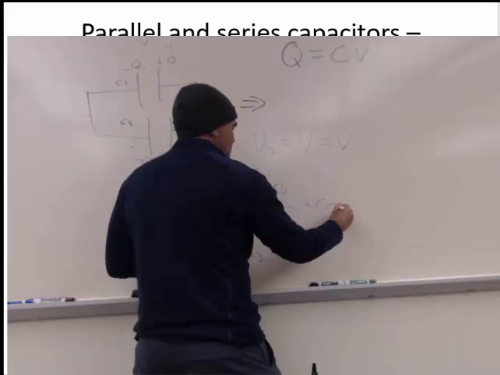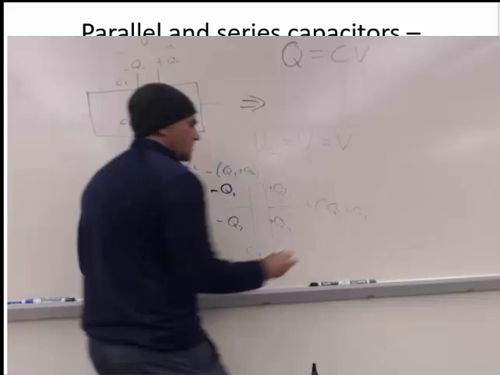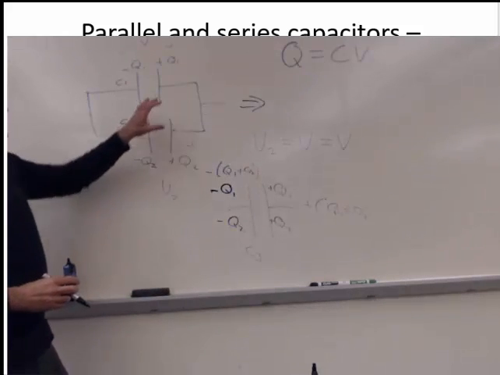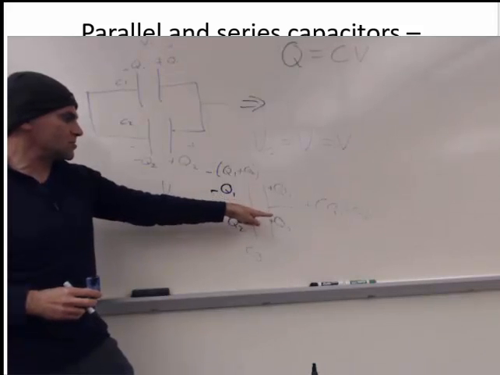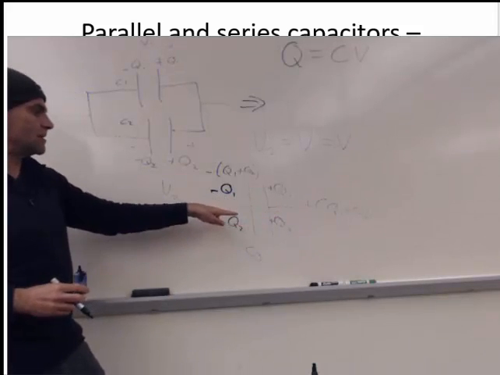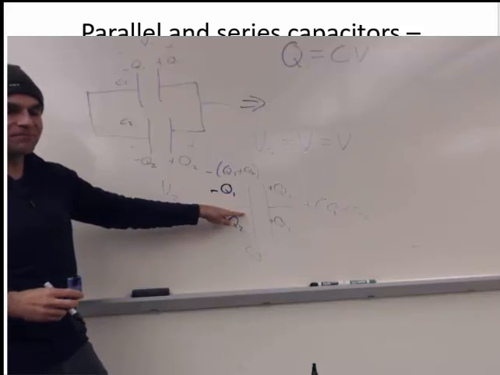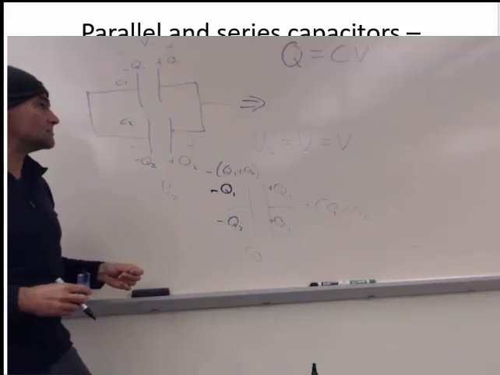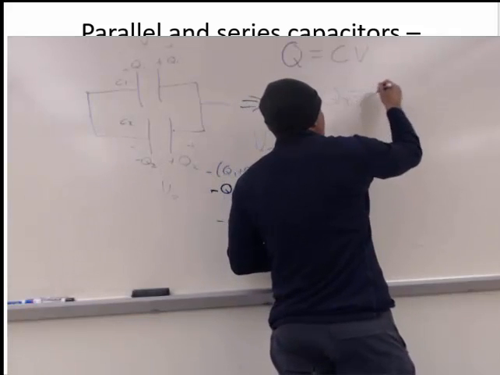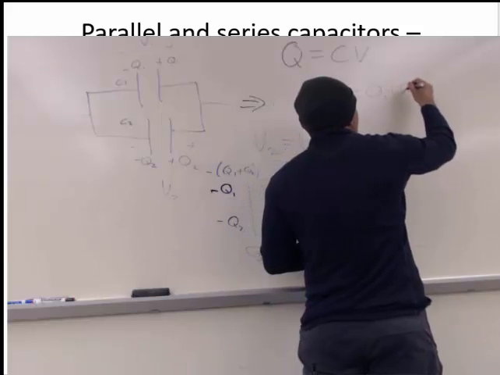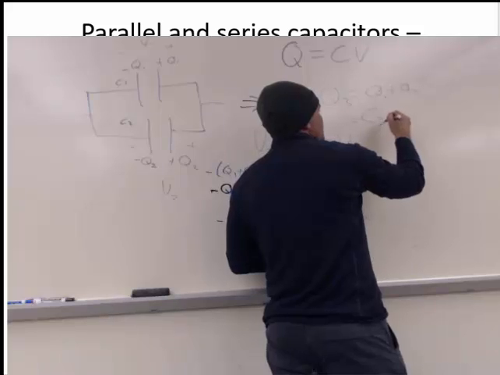Or plus Q1 plus Q2 on this plate here. Okay, so these two charges are going to have to add together to be the charge on this capacitor, which would be Q1 plus Q2 on that plate, and Q1 minus Q2 on that plate. Okay, that's what Q3 is going to be. So I could say Q3 equals Q1 plus Q2, and Q3 is also equal to C3 times V,